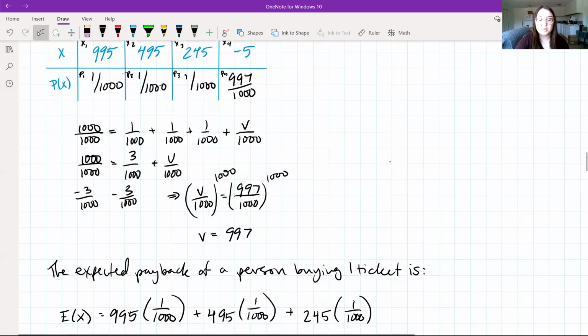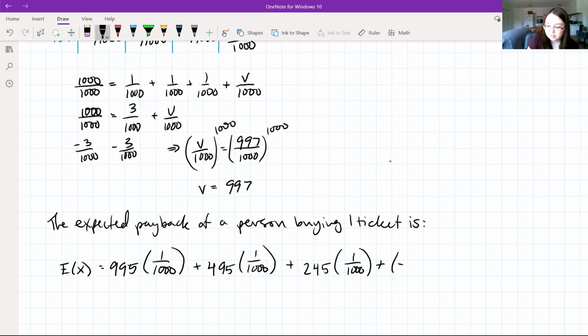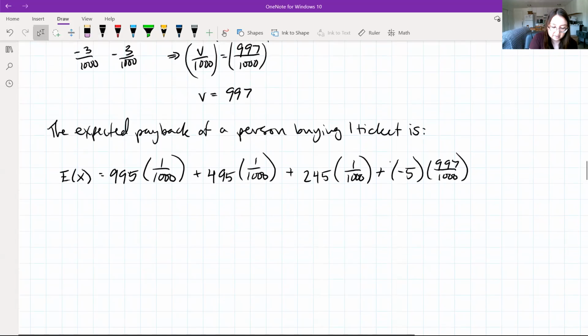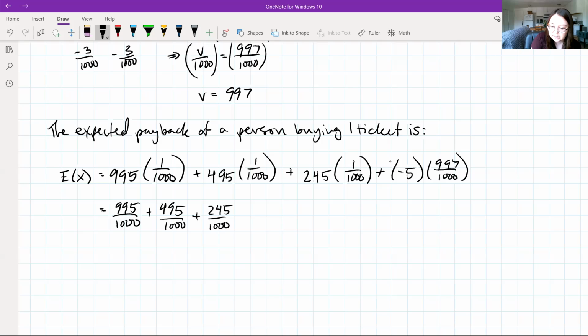And then we have our final term, and we're always adding, so even though it's -5, we're going to add -5 times 997 divided by 1,000. So we can calculate this value, and what we end up getting is 995 divided by 1,000 plus 495 divided by 1,000 plus 245 divided by 1,000, and then we're going to have plus negative